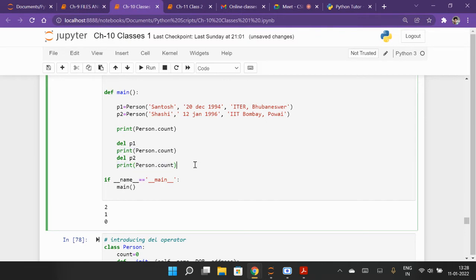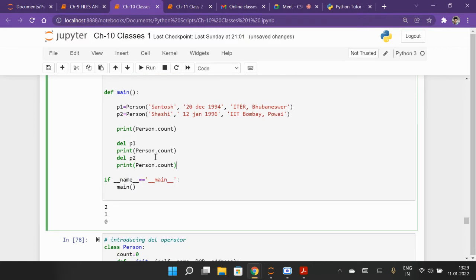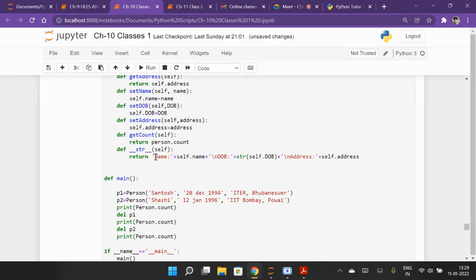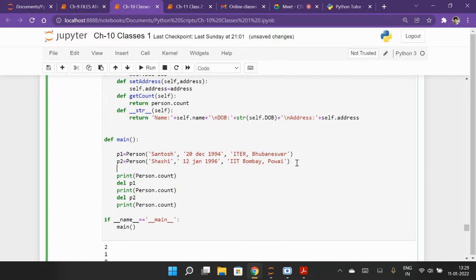This is fine. But the problem happens when I change something. Now check in that same thing here. I will do one thing: if I take p3 equal to p2.